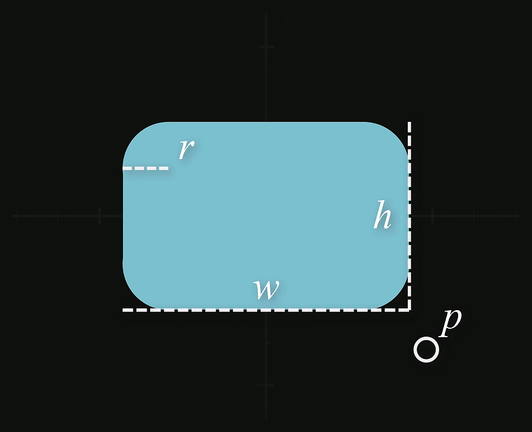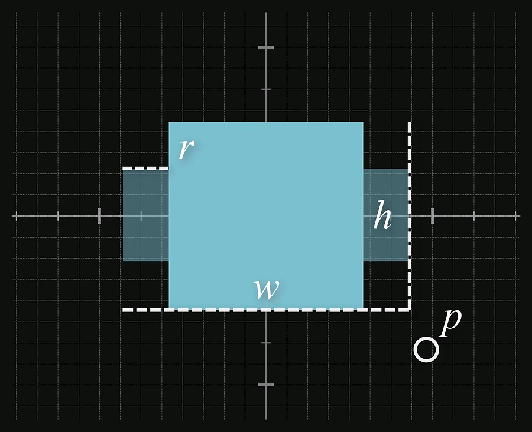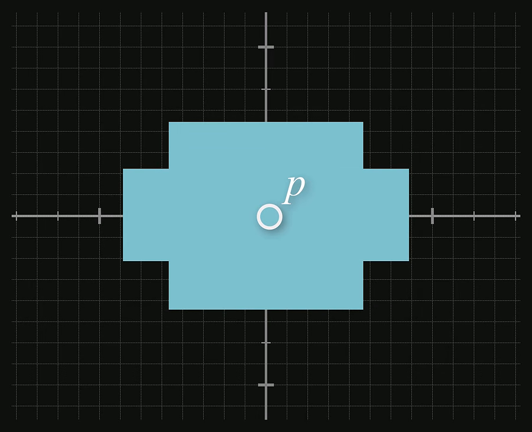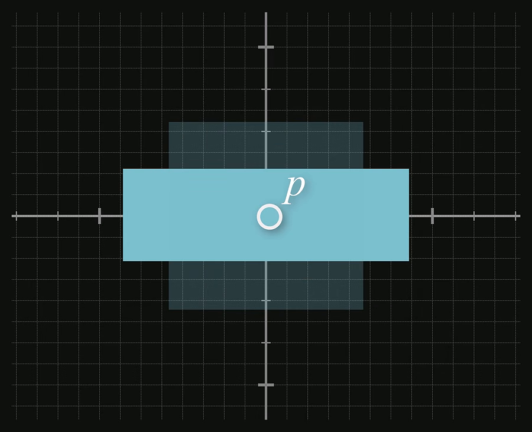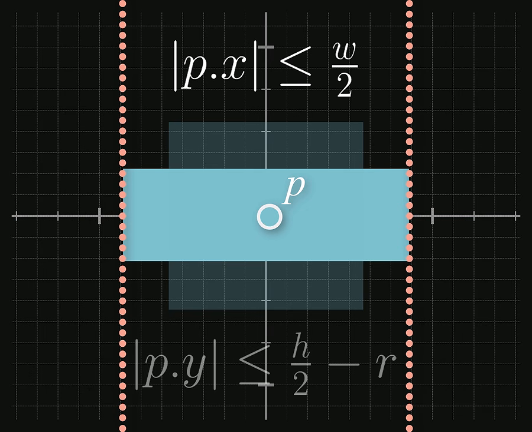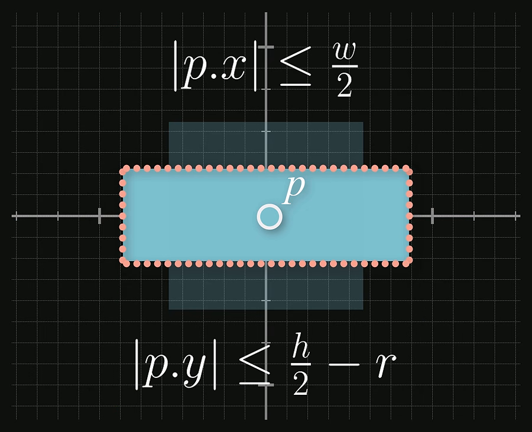To work this all out, I'll smack the center of the rounded rectangle at 0, 0. The first part that I want to work on is the rectangle without the circle corners, which looks like this. This can then be split up into 2 rectangles. Whether or not the point is in one of these rectangles is fairly easy to figure out. For example, a point is in this wide rectangle if it passes these 2 checks. First, the absolute value of the x-coordinate must be less than or equal to the width divided by 2, and second, the absolute value of the y-coordinate must be less than or equal to the height divided by 2 minus